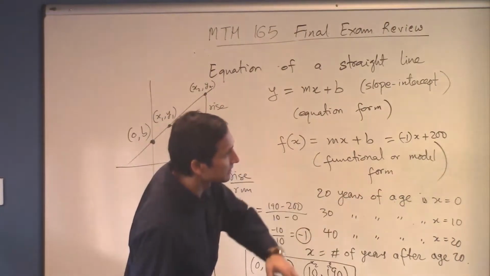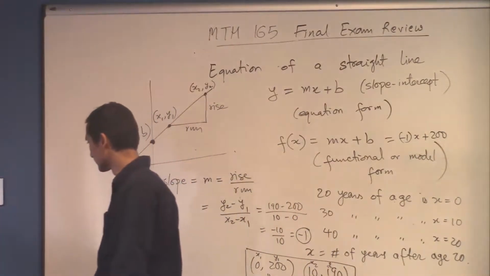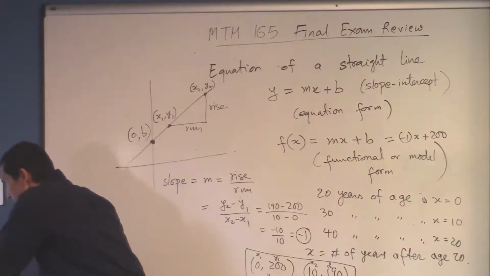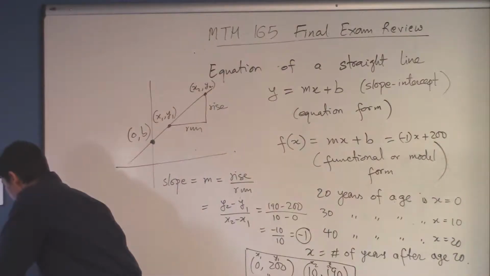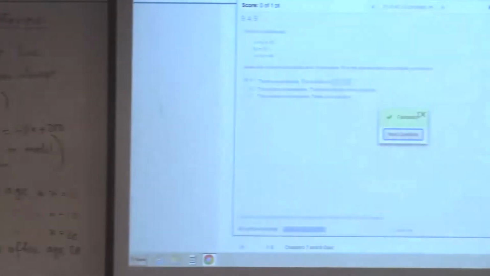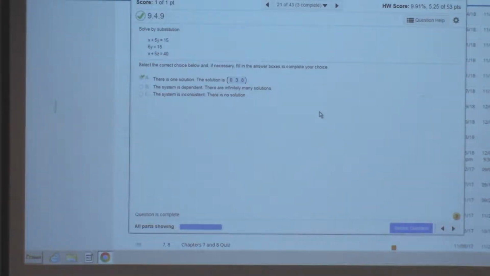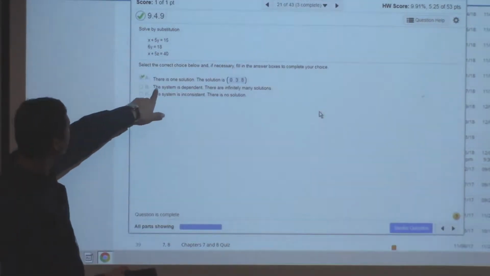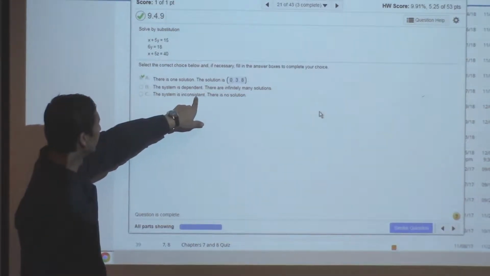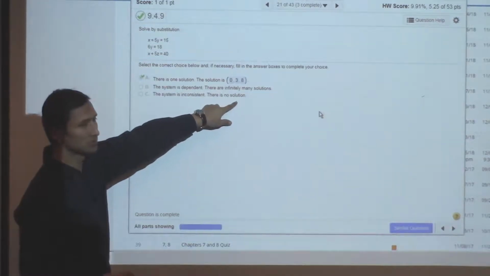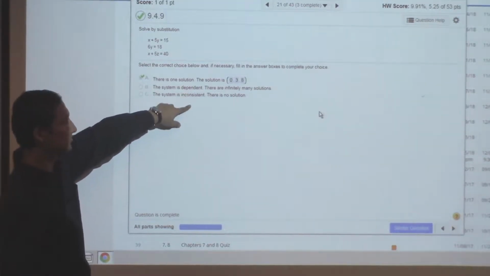We got our solution 0, 3, 8. So this is the dependent situation, when there are infinite solutions, and the inconsistent situation is when there is no solution. They are also called dependent